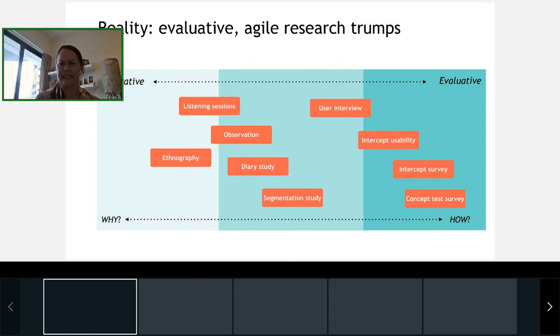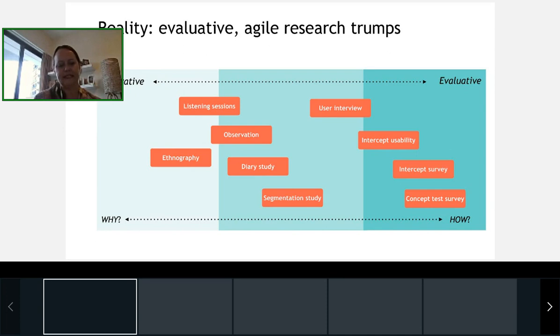What do people need? Is it better to launch it with this value proposition or that value proposition? And so, that's trumping all the time. But of course, with that duty of care to make things better for people at depth, not just at surface, it's not just about, is this the better widget or that the better widget?